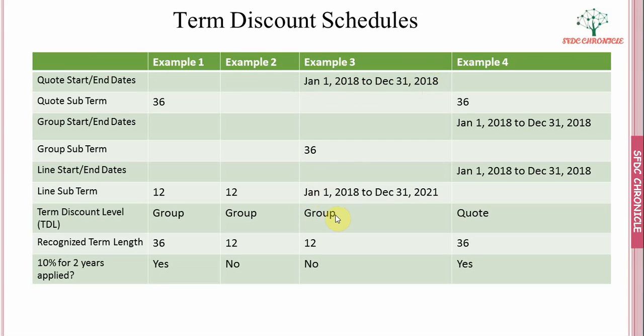As it is set to group and in the group it is 36, but as the term start date and end date get precedence over the subscription term, the quote's start date and end date get precedence and the 10% will not apply. So this is how term discount schedule works in Salesforce,